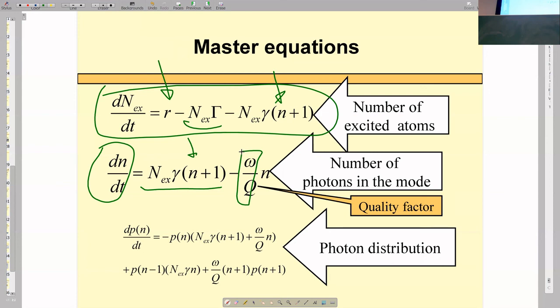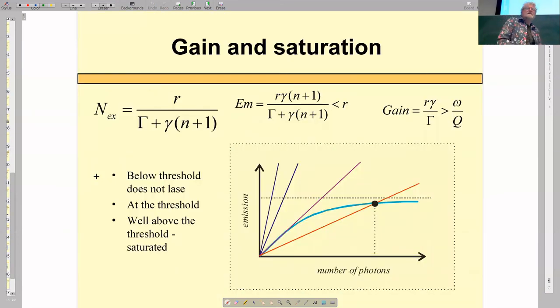Good, two equations. One could also write, say, a second equation, which I would like to apply soon, but already without details. One can also get the photon distribution in the laser in the same way. But first look at these two equations. One can solve it, so it's, how can I say, competition between gain and saturation.